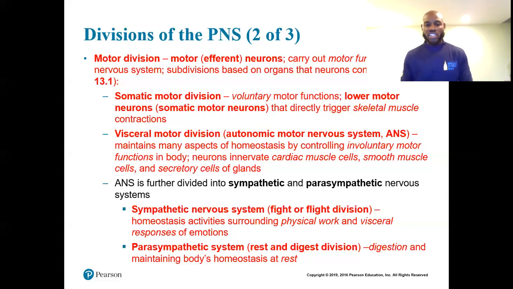The sympathetic nervous system is more like the faster things, like, I need something to happen right now. Physical work, visceral responses, emotions, excitement, that's more your sympathetic nervous system. If you hop on a treadmill, that's more your sympathetic nervous system at play. Yes, you're using your somatic to actually run, but your sympathetic is saying heartbeat faster, lungs and diaphragm move quicker so that we can inhale more oxygen. So that's your sympathetic nervous system at work viscerally.